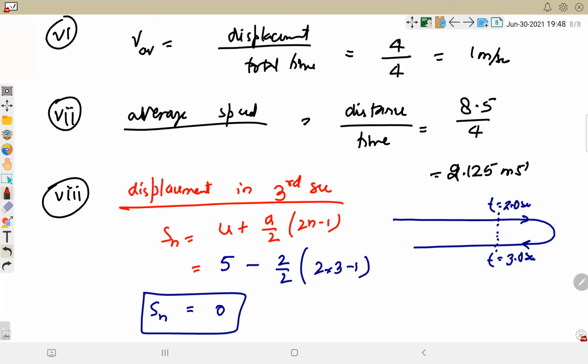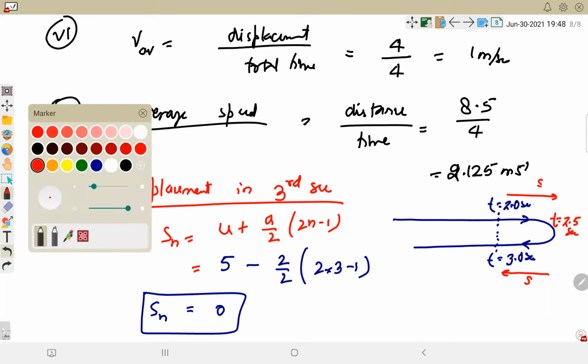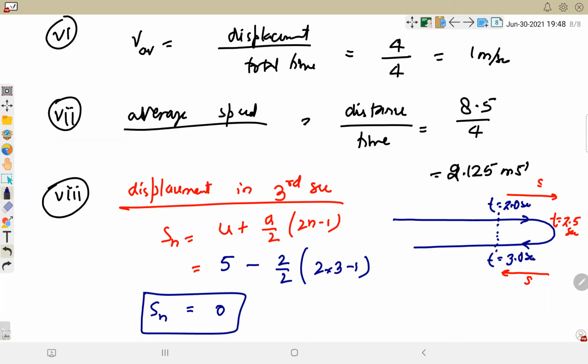If we have to find the distance covered, then we have to break this journey from 2 to 2.5 and 2.5 to 3. This distance will be the same, by the way, because the displacement is 0, so it is covering the same distance. So how do we calculate? See, there are two methods. One way is to calculate from the initial point how much it covered in 2.5 and how much in 2, and then take the difference of the two distances, because for the half second we don't have any direct method.